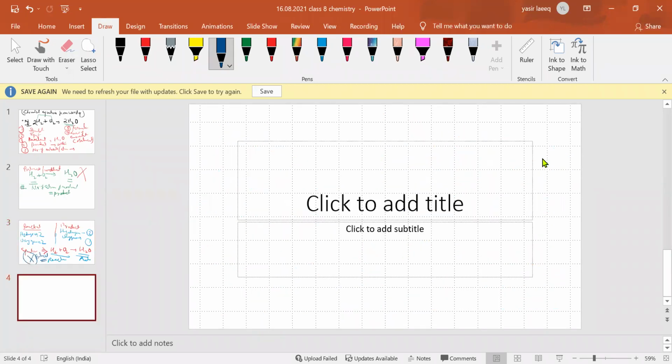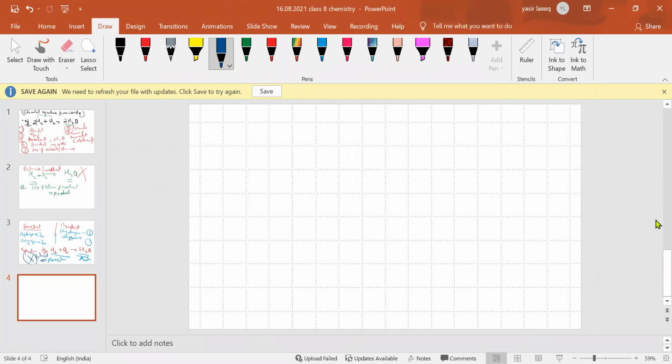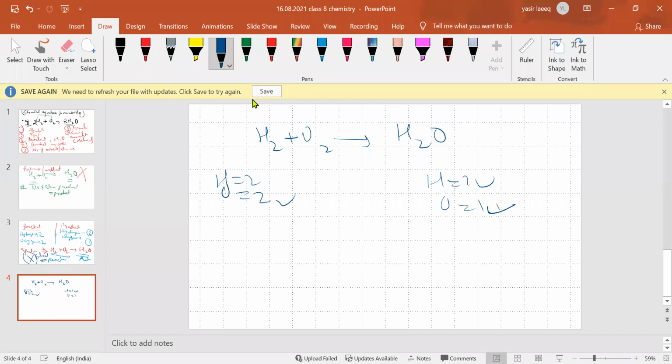In chemistry, whenever there is a need to write an equation, we should write the equation in a balanced form. Okay, so if we balance it, H2, 2 hydrogen is there, this is correct. Hydrogen is 2 here, hydrogen is 2 here. Oxygen is 2 here, oxygen is 1 here, this is not okay. So we have to make it 2 so that it will become balanced. What to do?